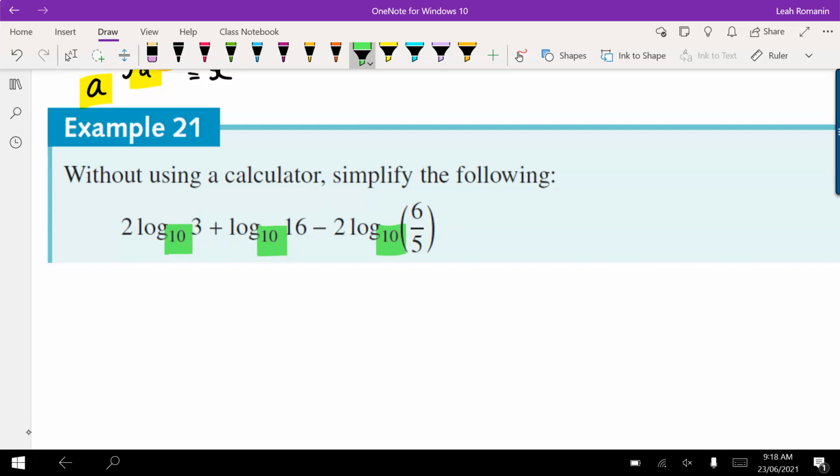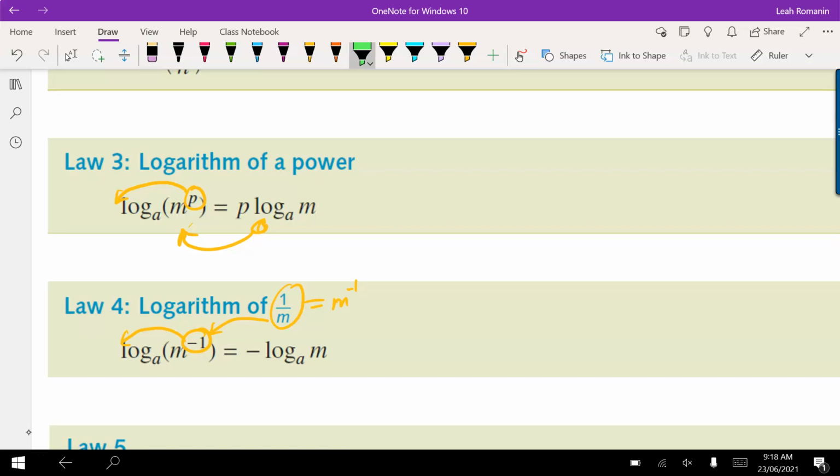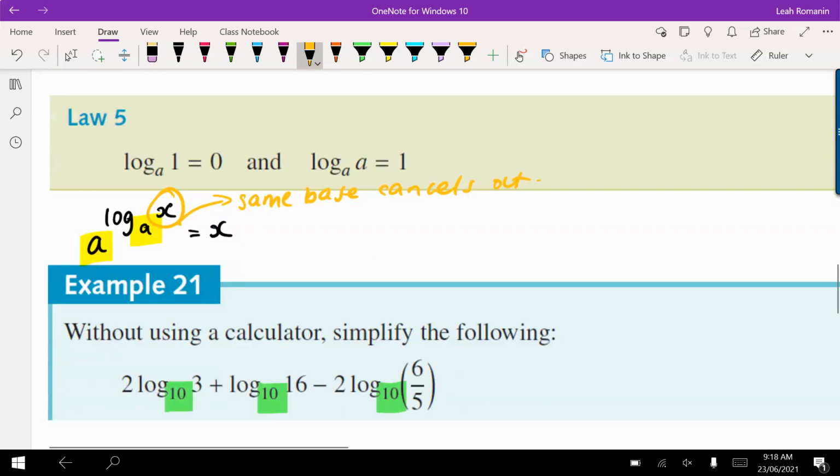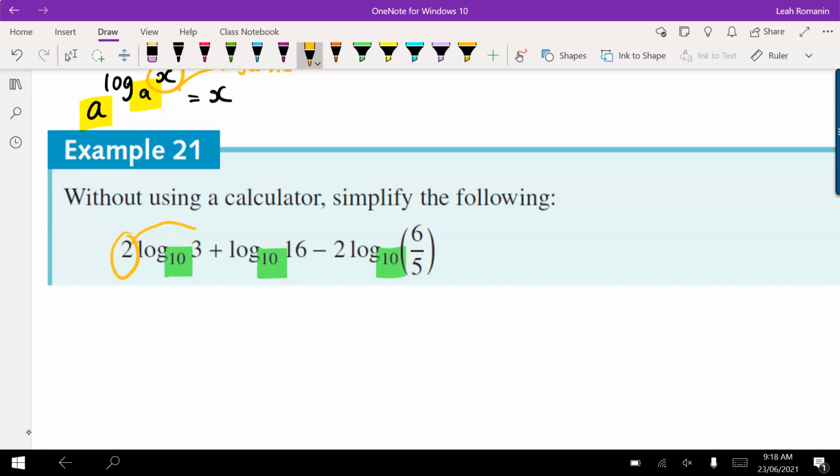So the first two, if there is a number out the front, you can't just add them like adding coefficients. You need to take that coefficient and replace it with the power. So remembering our log law 3, if we have a p out the front, so a coefficient of the log, that becomes the power on that number in the bracket. So this 2 is going to become the power on 3. So I'm going to have log 10 of 3 squared plus log 10, 16, and I'm going to rewrite this as well. Log 10,